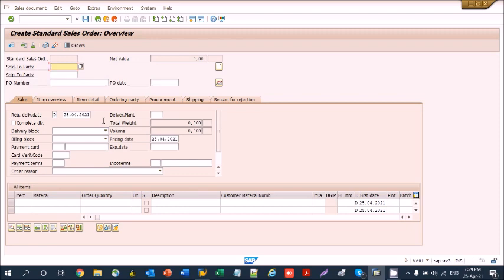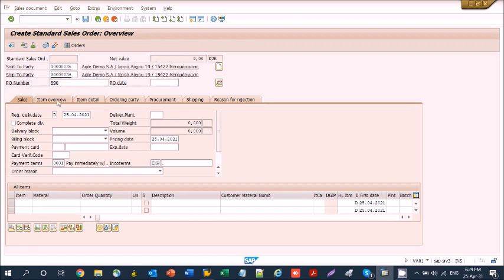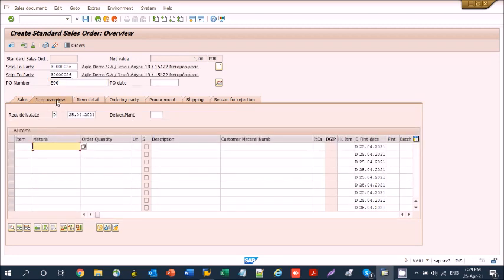Then we declare the customer, and specifically the bill-to and ship-to customer, and the purchase order reference. Then we declare the items using two stock materials with quantities 1 and 2.